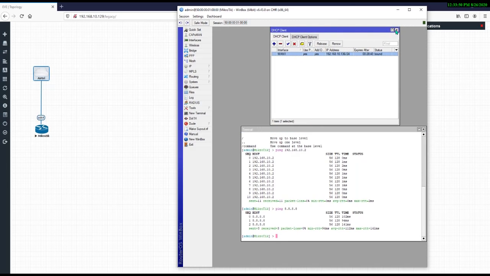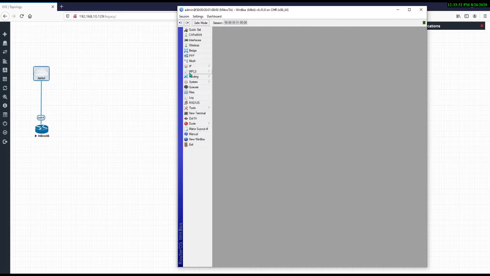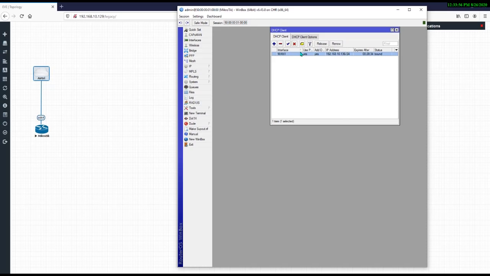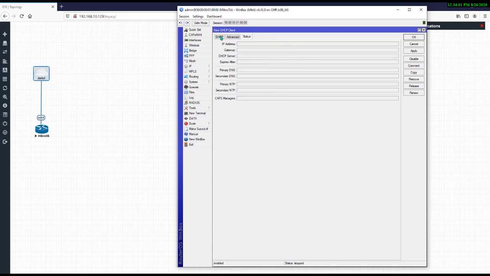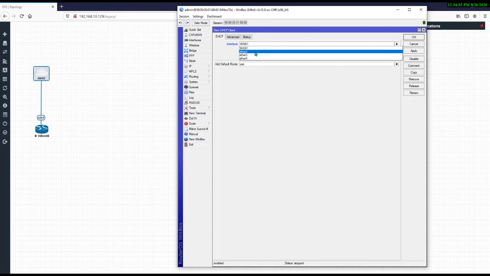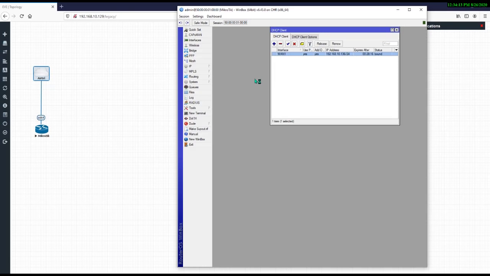So I will let you know how you can create the DHCP client. Just click on IP and DHCP client, and this is the interface where you can create it. Just click on Add, and here you can select the interface on which you have terminated your ISP cable. So I have selected WAN 1, apply and OK. This got the IP address, gateway, and DNS. So what configuration did it get from the Airtel modem?